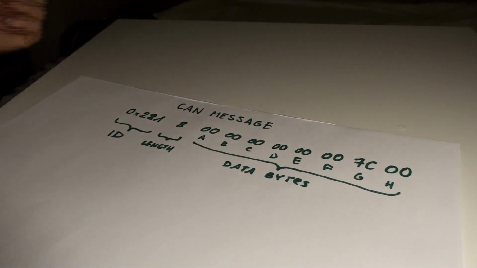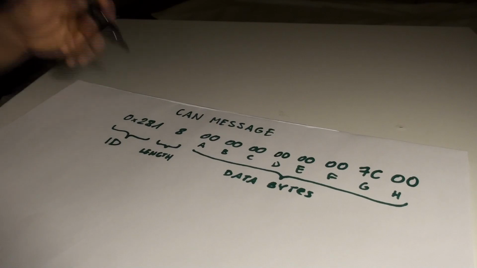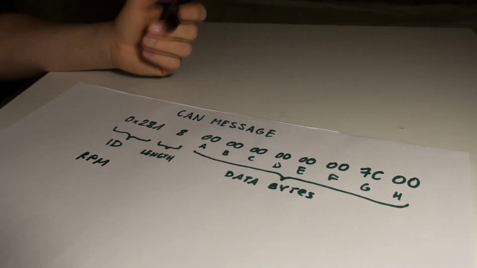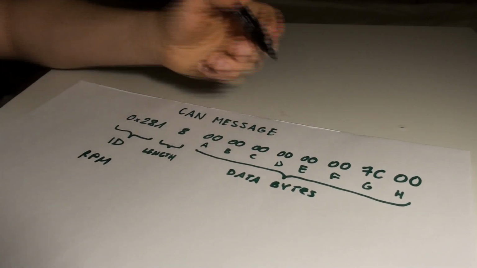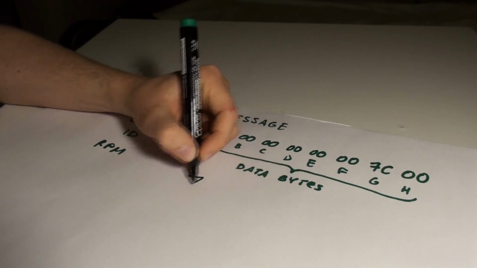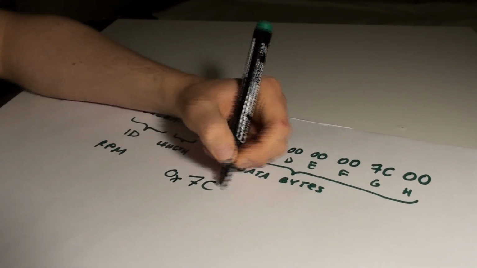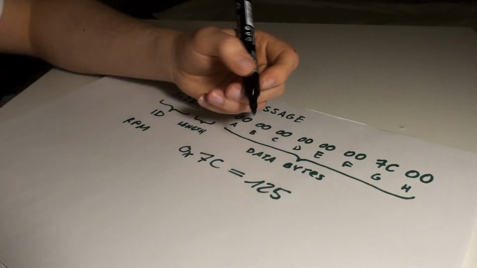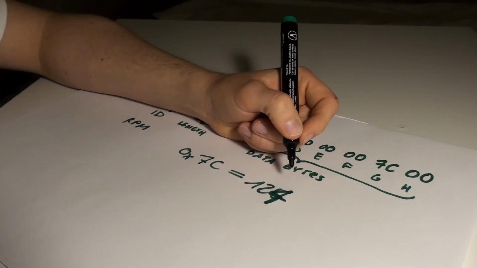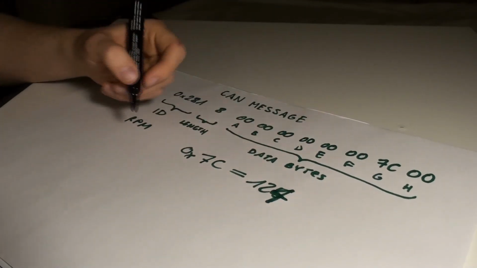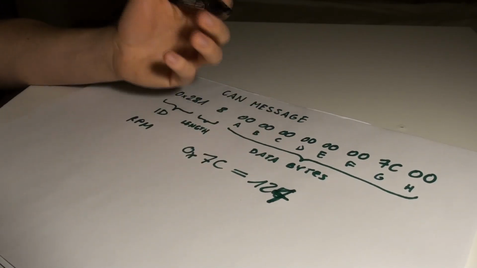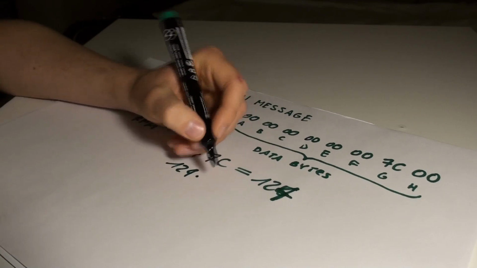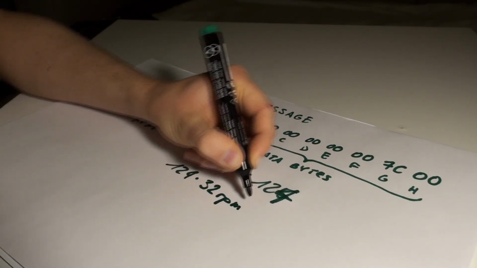For example, this frame is actually a valid frame for my project, because 281 is an RPM frame which has a length of 8, and then in this byte called G, the value is 7C in hex, which converts to decimal, I don't know, it's 125 I believe. Yeah, 124. So it's 124, and then I know that I have to multiply this 124 by 32 and then I have the result in revs per minute. So 124 times 32 RPM gives me